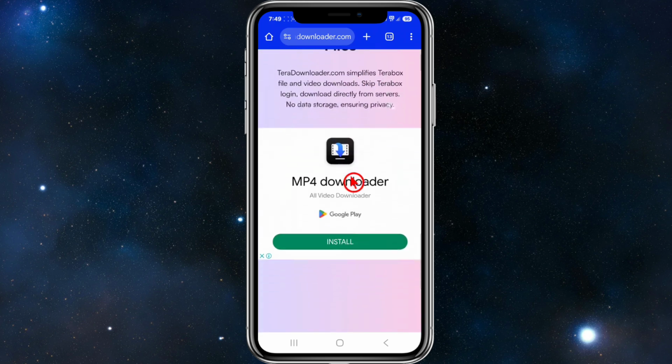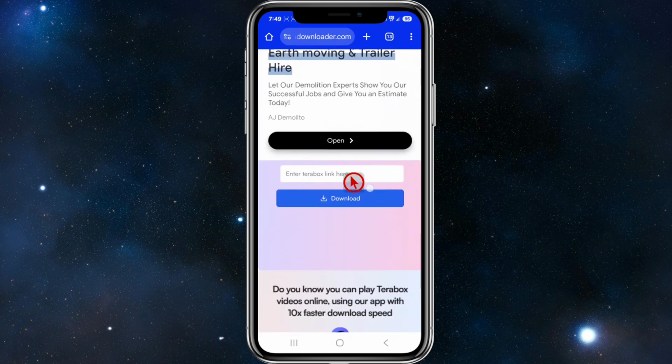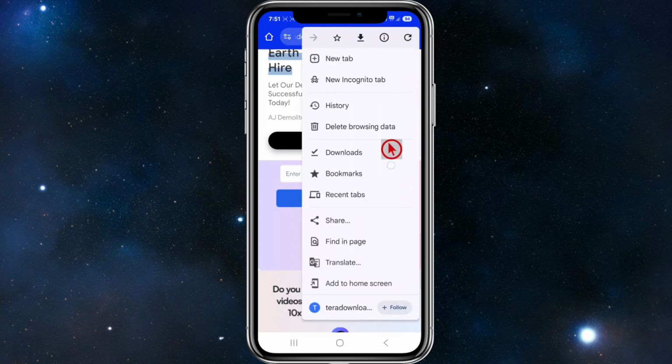What we can do is, if we scroll down, enter the Terabox link here and click download. And what that is going to do is download it to your device and you can watch it directly on your mobile. Another way to do this is on your web browser, click on the three dots, and